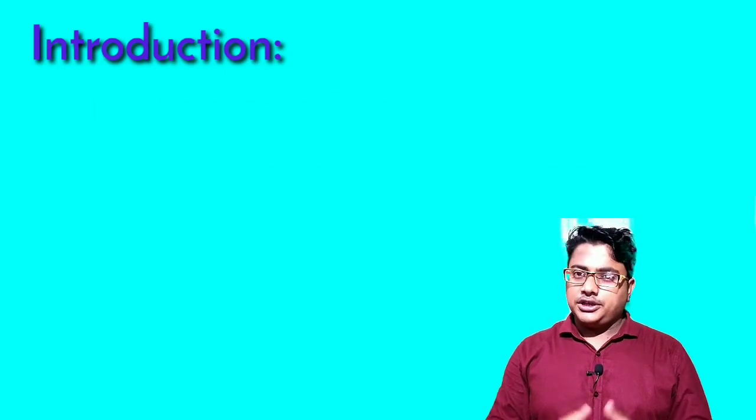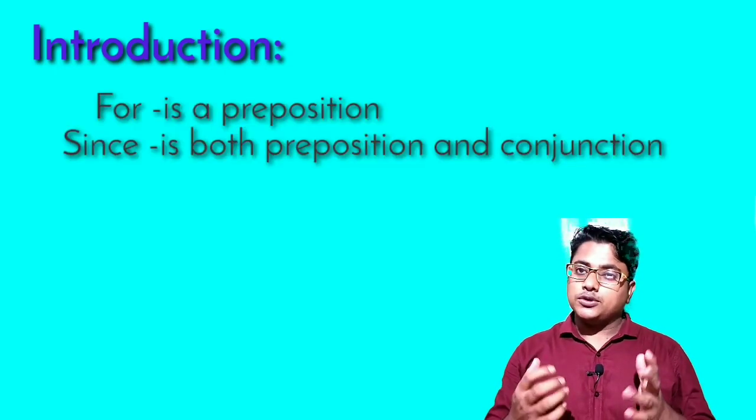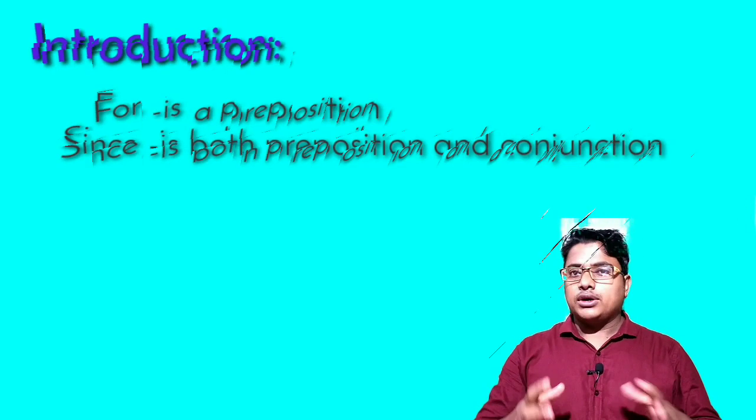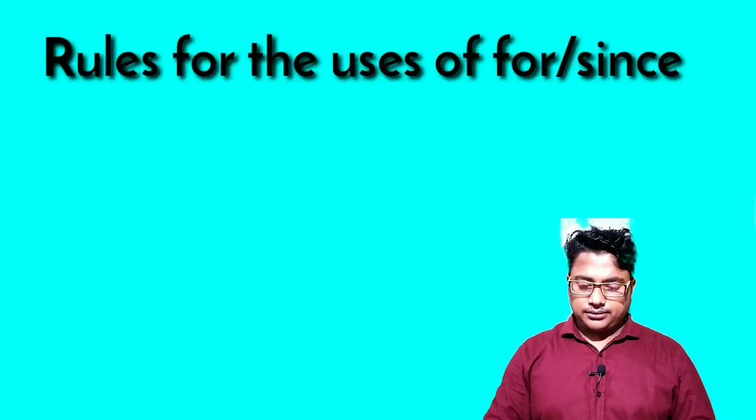First, what is actually for and since? We know for and since are prepositions. For is a preposition, since is both preposition and conjunction. What is the grammar rule? Okay. For